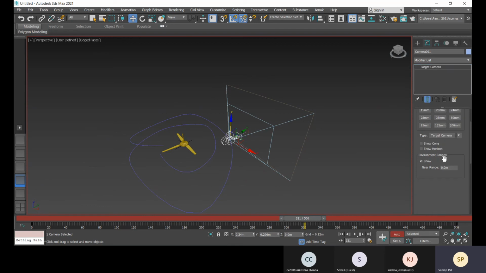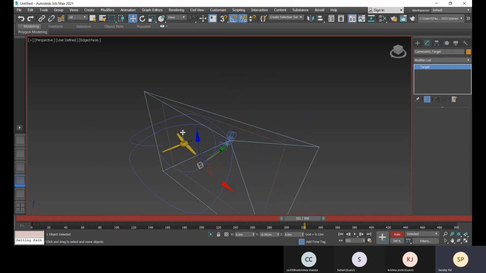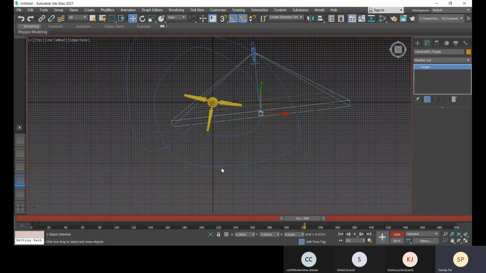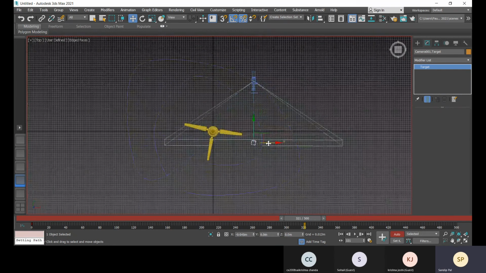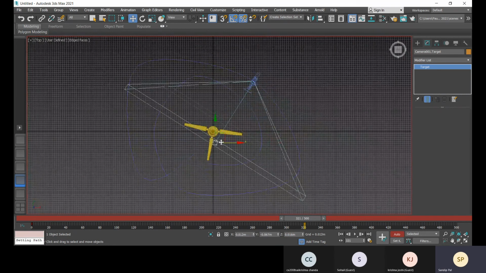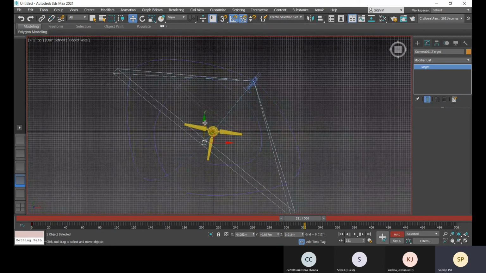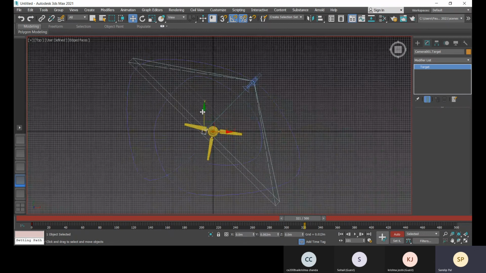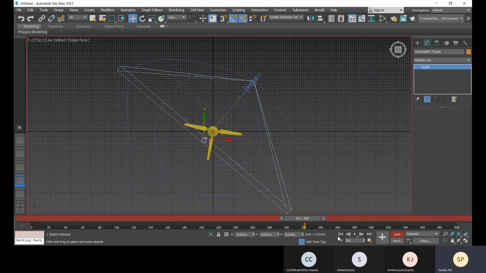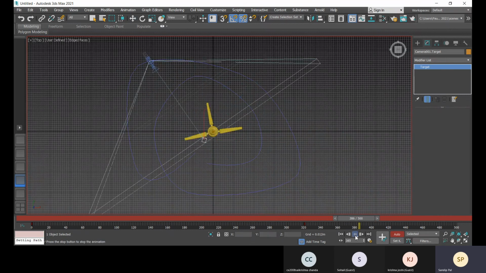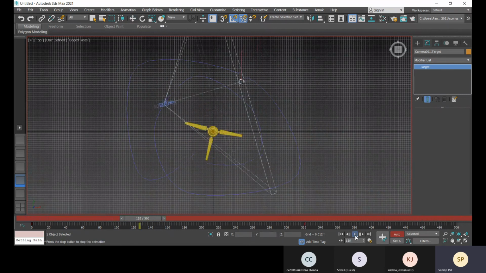So this was not set as a target camera, this was changed. So you have to make sure that the target is fixed. Okay? The target should be fixed. Now if you play it, see, it will focus on that target only.